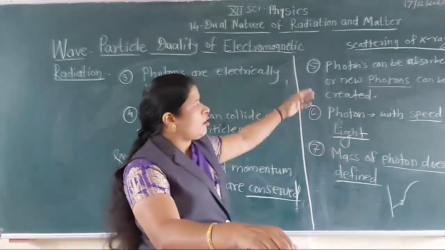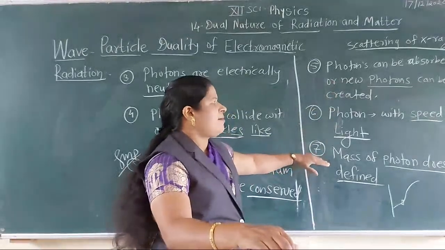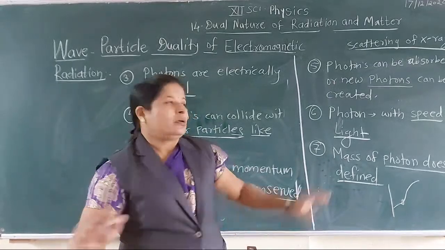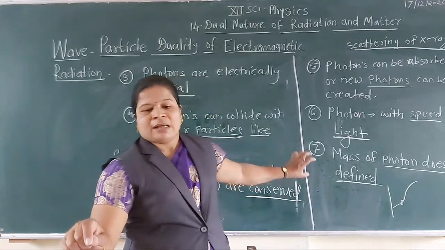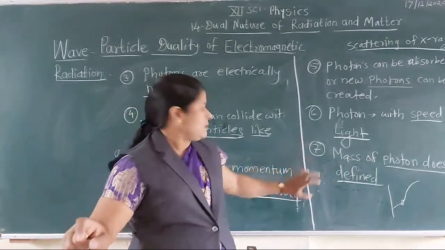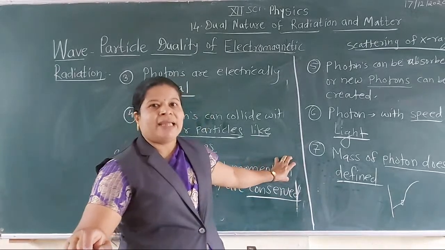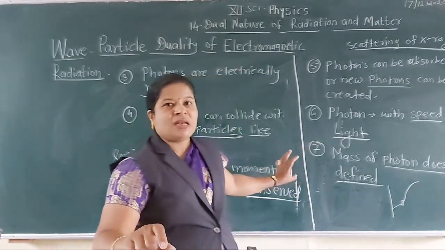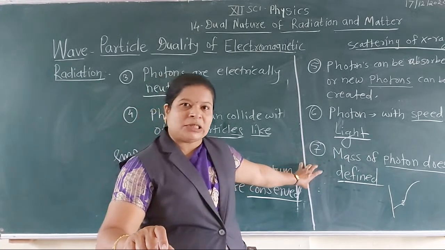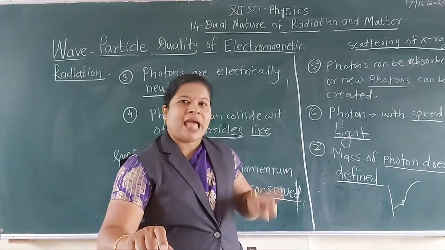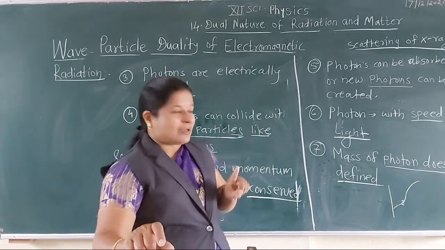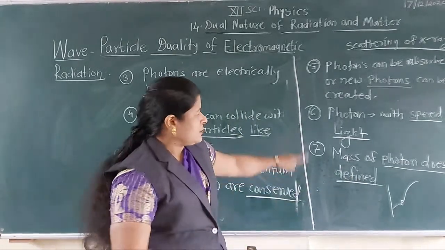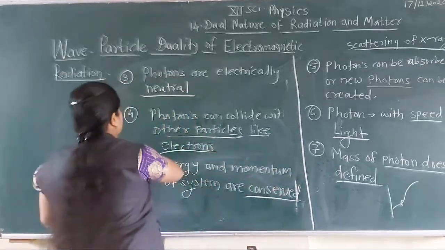From this experiment we get these 7 important observations, and these observations show that the radiations have the nature of momentum. Radiation having momentum nature indicates that radiation has mass, and the photon mass is not defined. So up to these 7 observations we conclude that